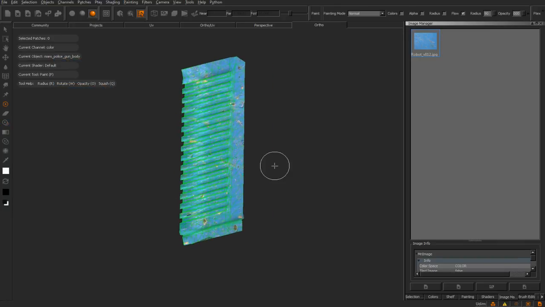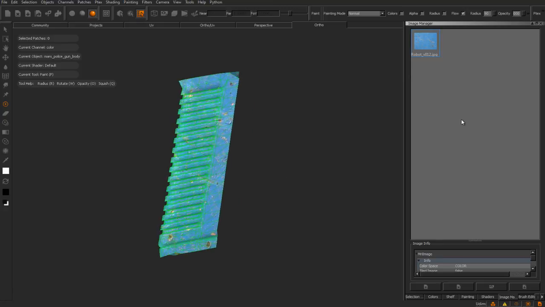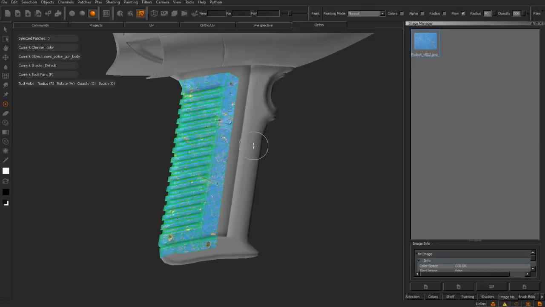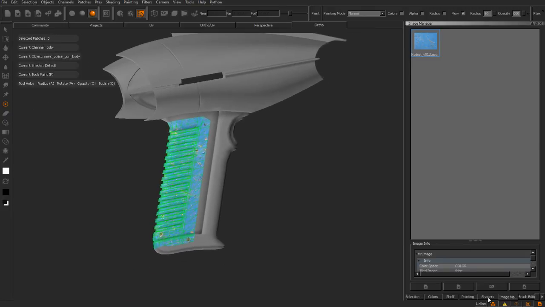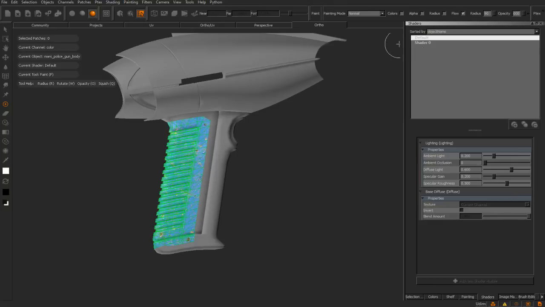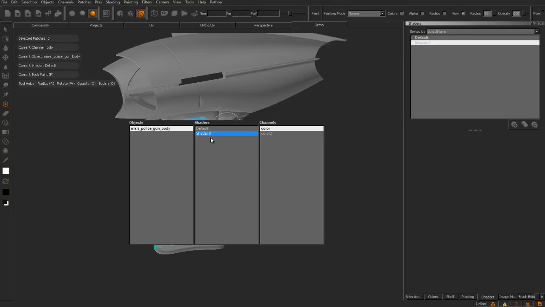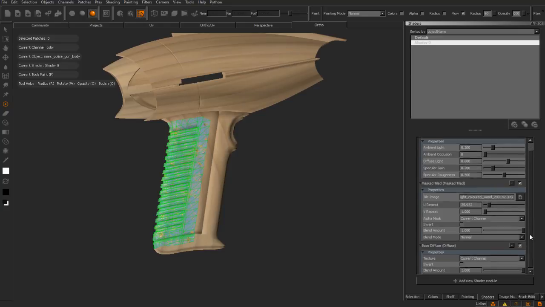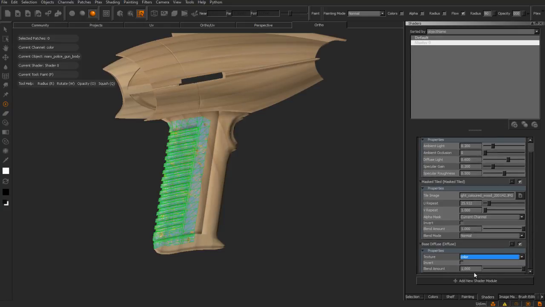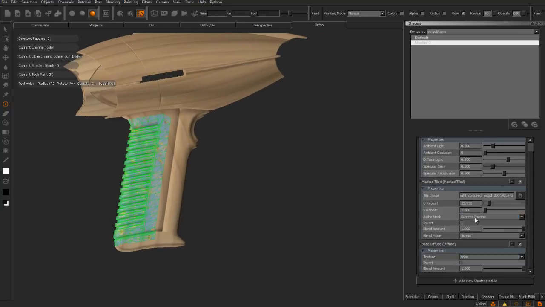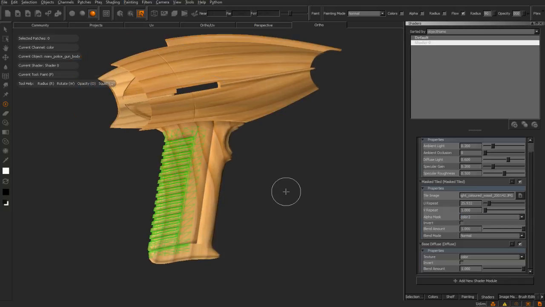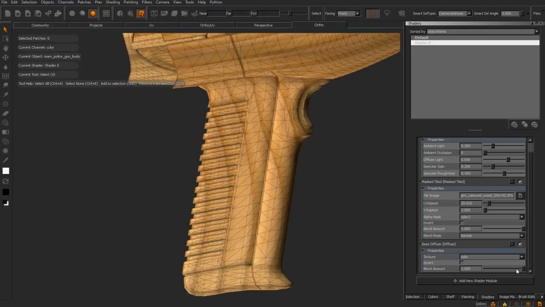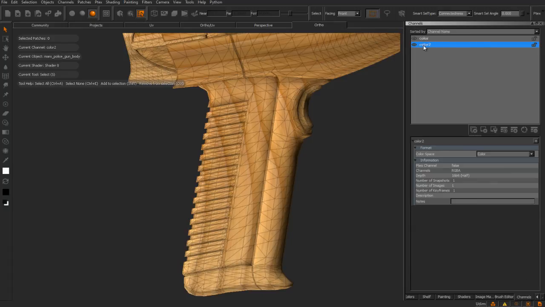So with that selected, I have a metal texture on the grip of my gun. What I need to do now is unhide everything so I can see all of my objects. And if I go back into my shaders, I can either do it through the menu tabs or use the hash key. What I can do now is change my current properties back to color 1 and my alpha mask into color 2. So just unselect that particular area, turn my wireframe back on, and while I have color 2 selected,